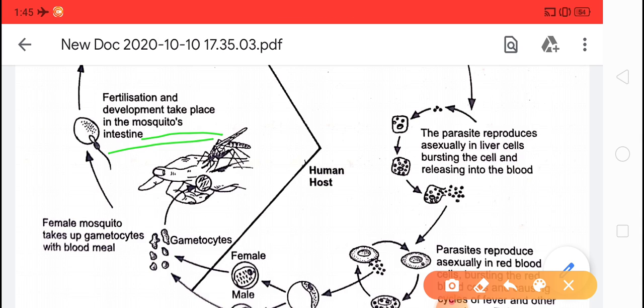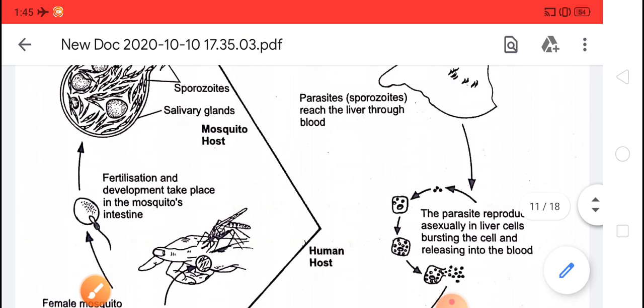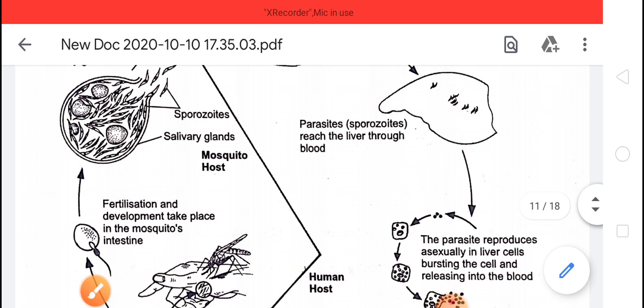So if the question asks where the fertilization of the male and female gametocyte takes place, it is in the intestine of the mosquito. The fertilization and development take place there in the female mosquito. Now after fertilization, they release the sporozoites, that is the most infectious stage of the Plasmodium, and these